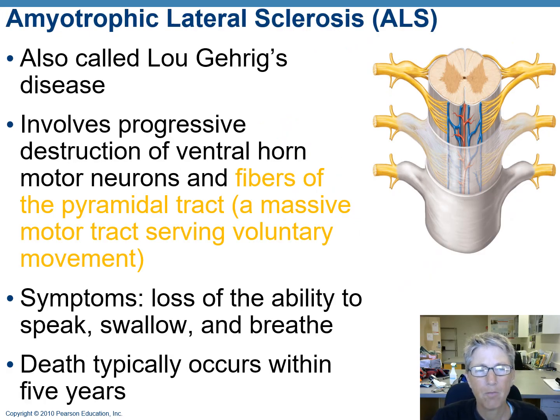I don't know if you've heard of Lou Gehrig's disease. It's also progressive destruction of these ventral horn motor neurons, and also the fibers of the pyramidal tract, and that's a motor tract serving voluntary movement. So the symptoms, eventually you lose the ability to speak, swallow, and breathe, and typically, I think people can die within 5